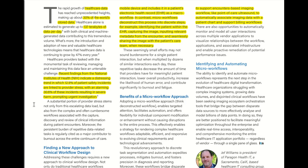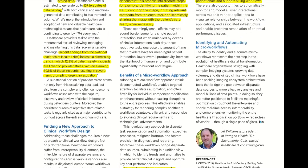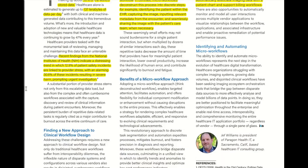To give you the amount of data that has been produced, I think in the USA context, 30% of the world's stored data is healthcare data, and there is actually 137 TB of data generated per day. That's a huge amount of data. So here he talks about something called